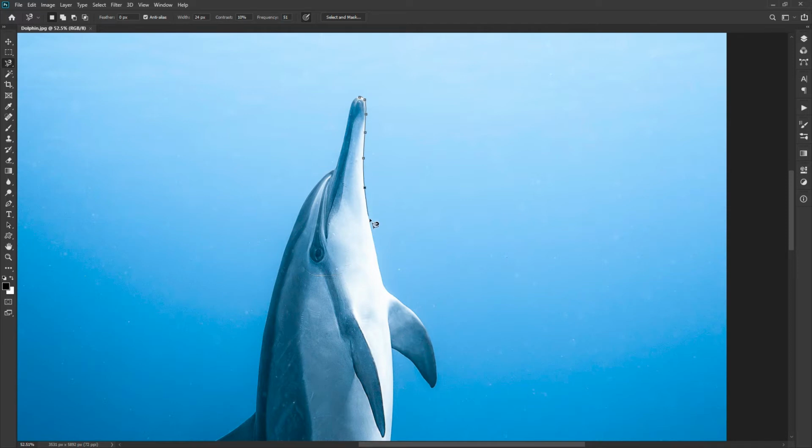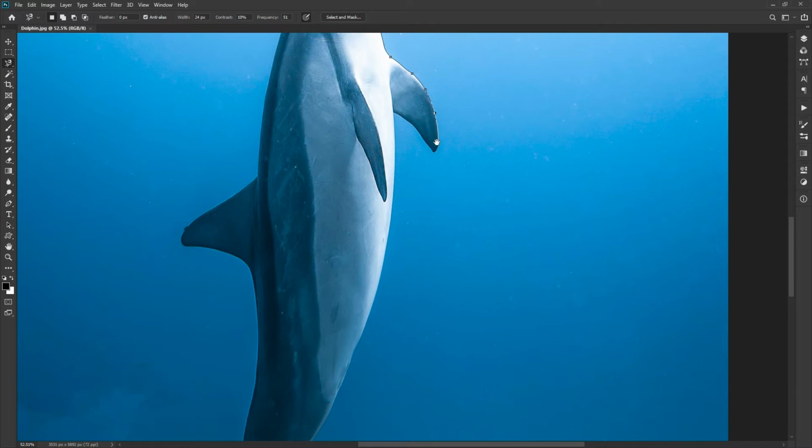The tool automatically detects the edge and selects the area as per your mouse movement. You can observe that even if your mouse pointer is slightly away from the edge, the selection gets snapped to the edge only. Here, the question is how far my mouse pointer can be from the edge to snap the edge. Turn your caps lock on.